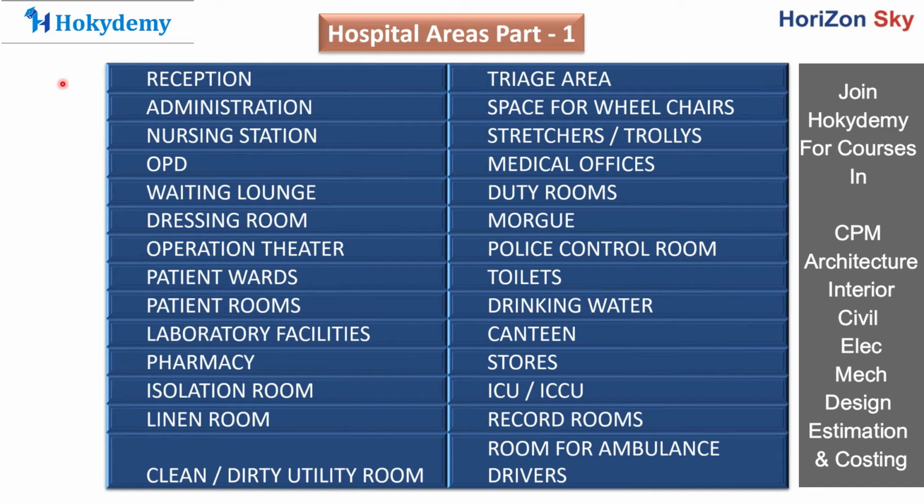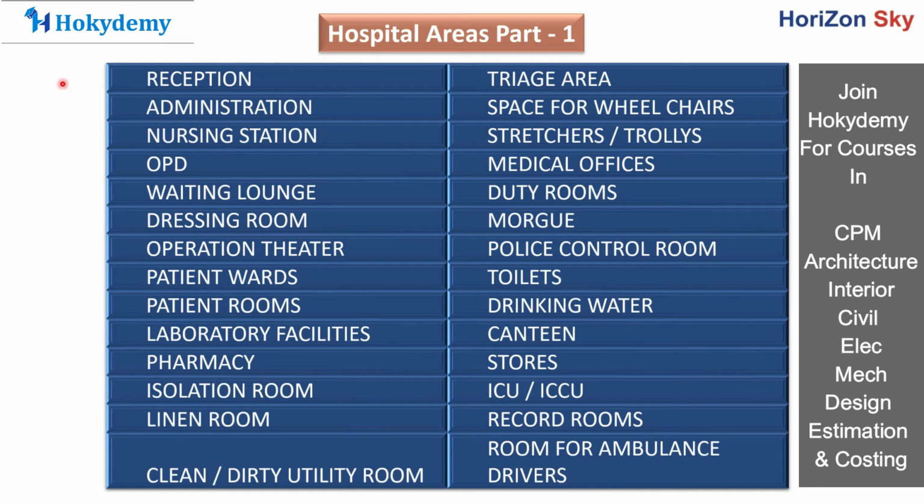Then we have the stores. Various and numerous kinds of stores are needed in a hospital. We discussed many of them in the previous points. So different storage areas are being built. Then we have the ICU and ICCU rooms, the intensive care unit and intensive critical care unit rooms. These rooms will generally consist of a ventilator, as the patients admitted here are in a very critical situation. So specialized rooms will be there for them.